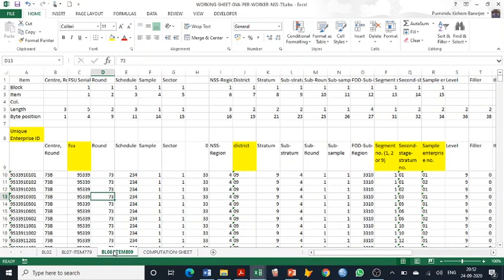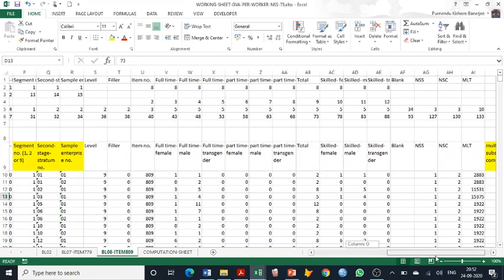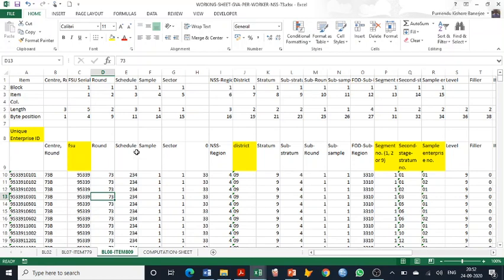The third one is the block 8 where we require only item 809. So again I have created a filter and cut the item 809. Remember, I have not done any paste link or paste formula. It is again a paste value. The idea is we create a worksheet without any external link, so that if the computer is changed or if there is some other issue, we will always be able to trace back the formula which we have used here.